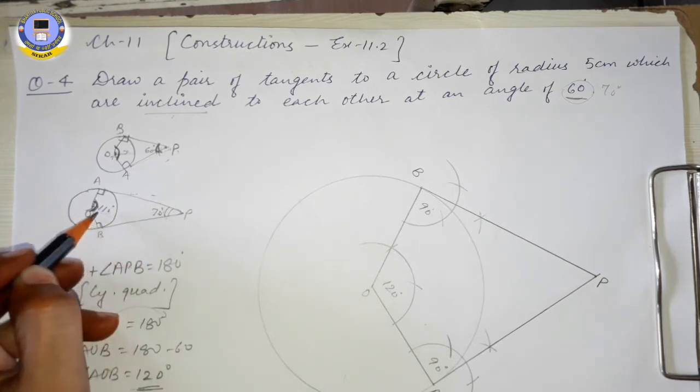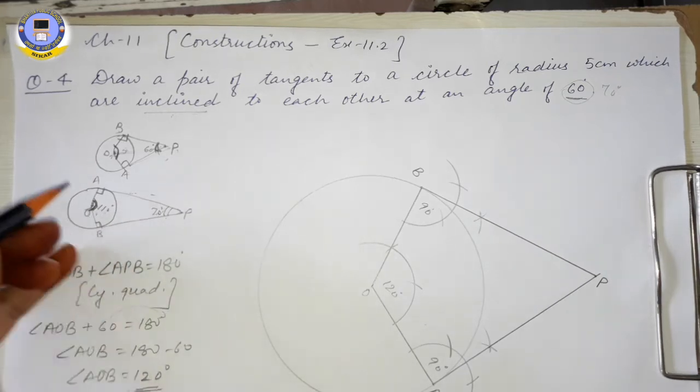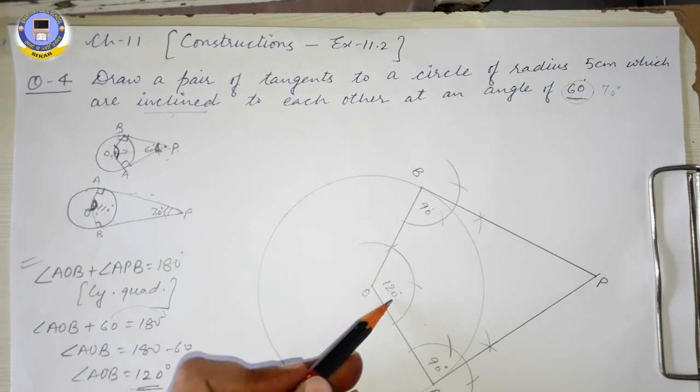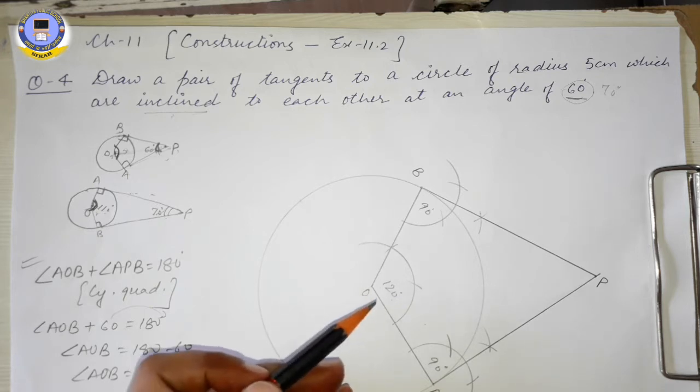Don't double it. Their sum must be equal to 180 degree. So at center we will frame an angle of 110 degree. That we cannot make with the help of compass. Then you will use protractor directly. If some angle is coming which you cannot frame with a compass, then directly you have to use protractor. That will be more easy for you.